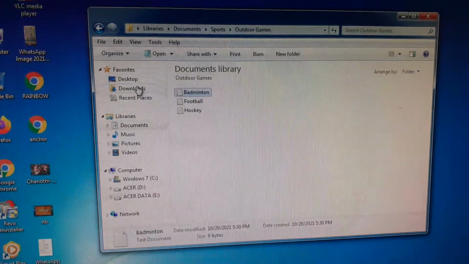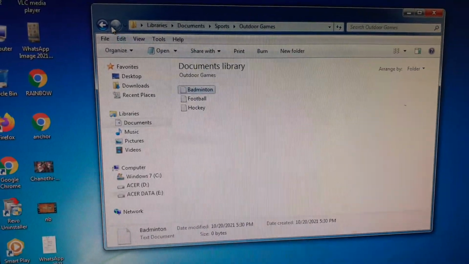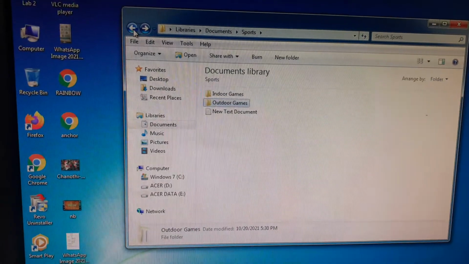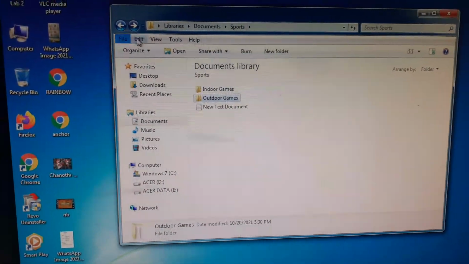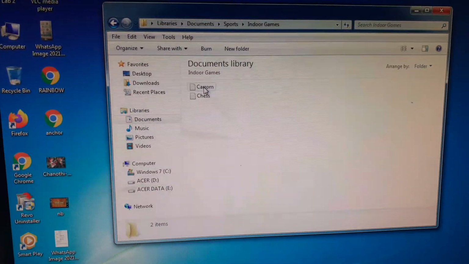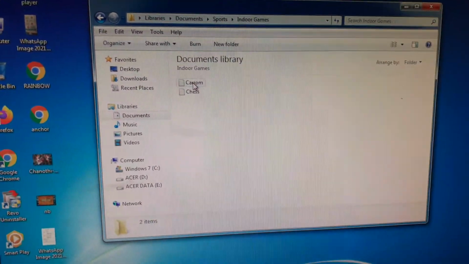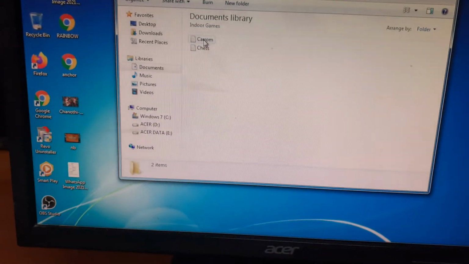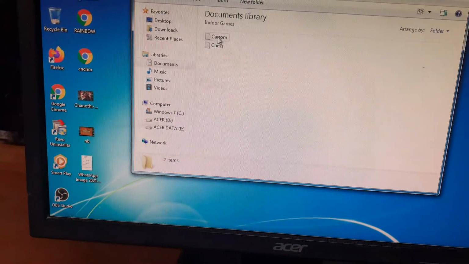So copy, then the back button, go to the sports window, then click on indoor games. This is the indoor games subfolder, children.